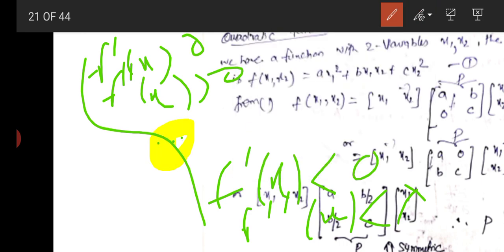What about the transition point? Some point is here, that is the transition, where there is a change in the nature of the curve. Where is that point? That point is called the inflection point, or you can say the stationary point, the saddle point. The inflection point is originally a saddle point. So a stationary point may be the maximum, the minimum, or the inflection point. I think you understand these things.